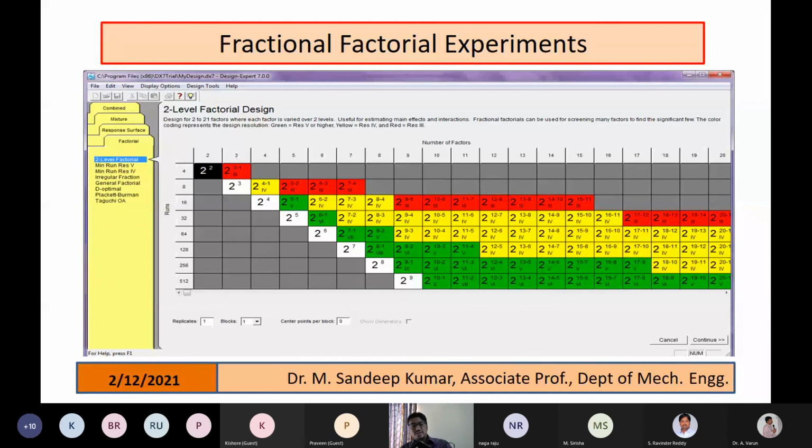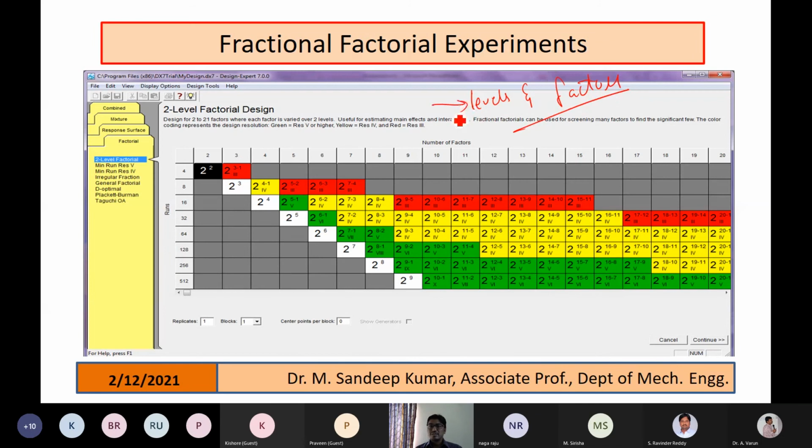Okay. So now we are at the end of the session, and before ending, I wanted to summarize what we have looked into in this session. The first thing we looked into was fixing the levels and factors. Both were the most important things for us.